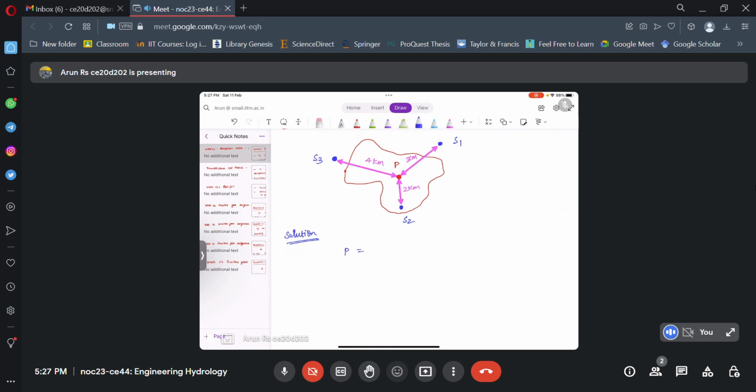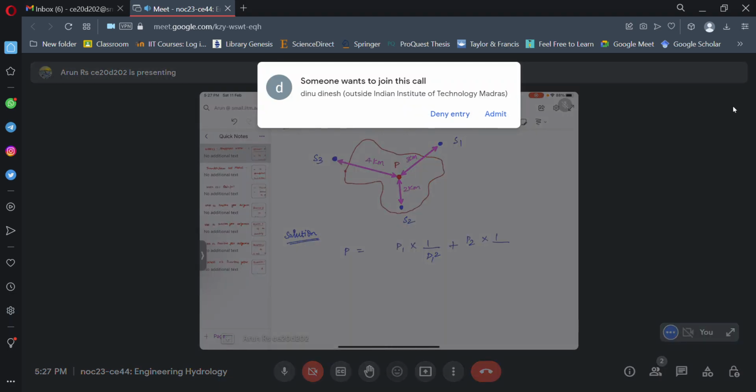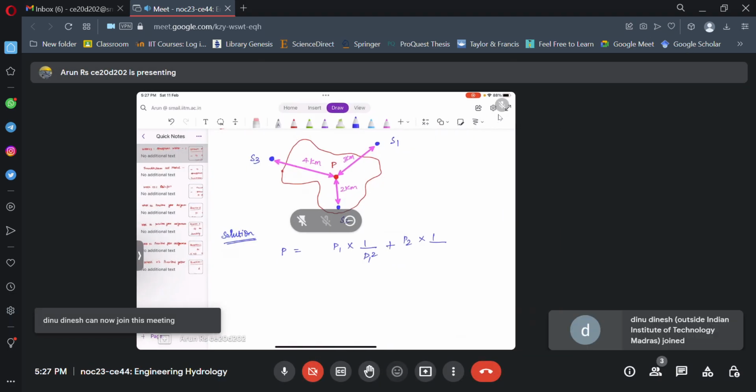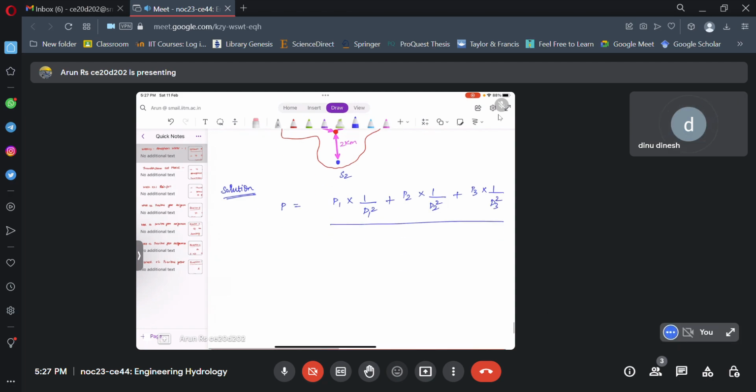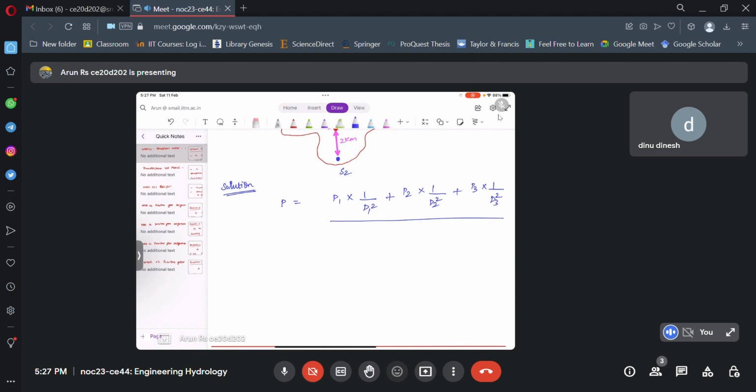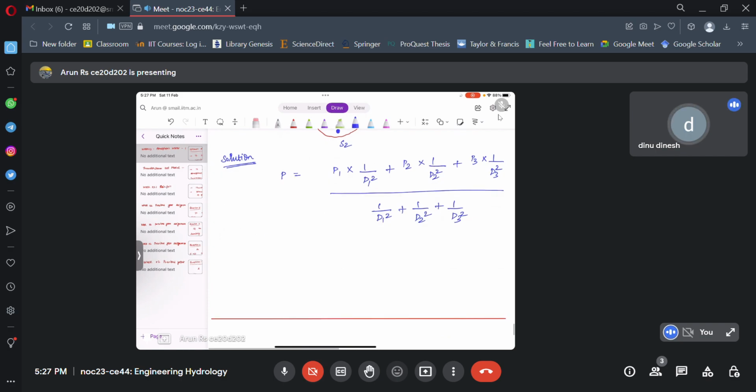So P is equal to P1 into 1 by D1 square plus P2 into 1 by D2 square plus P3 into 1 by D3 square, whole divided by the summation of your weights, that is 1 by D1 square plus 1 by D2 square plus 1 by D3 square. So if we apply,